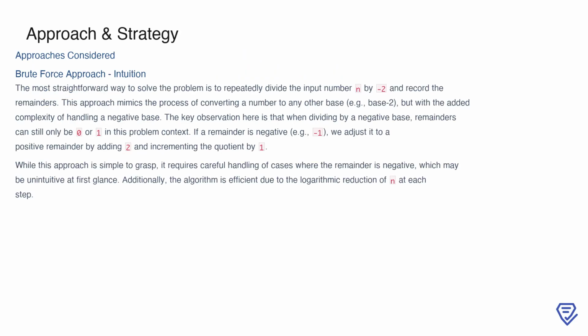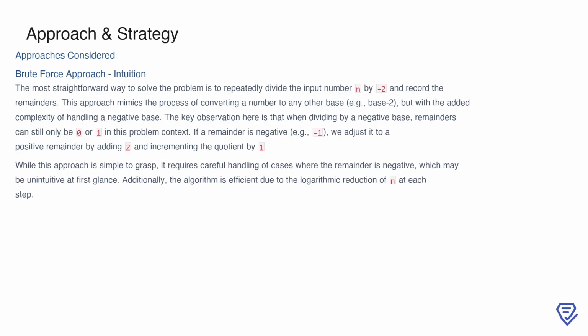To approach this problem, the most straightforward method we could consider is a brute force approach. The idea here is to repeatedly divide the number n by -2, keeping track of the remainders at each step. This process is similar to converting numbers to other bases, like base 2 or base 10, but with the added twist of handling a negative base. One key insight is that, for base -2, the remainders we care about are still just 0